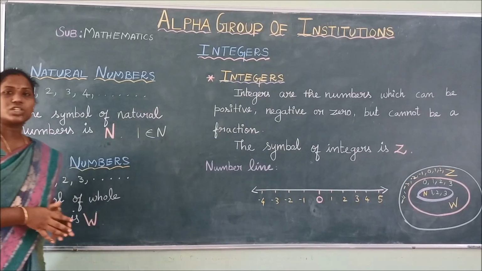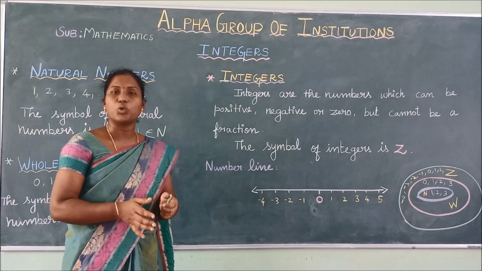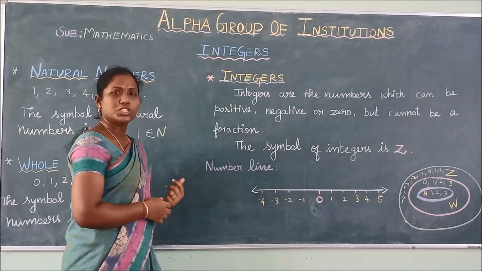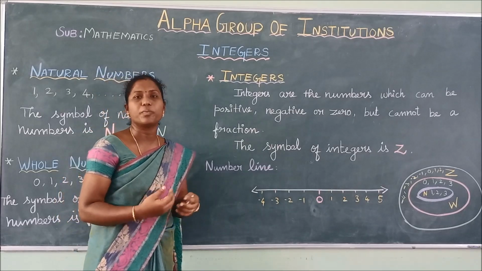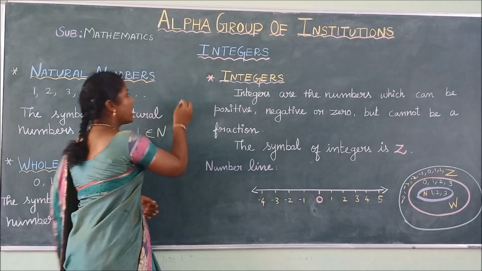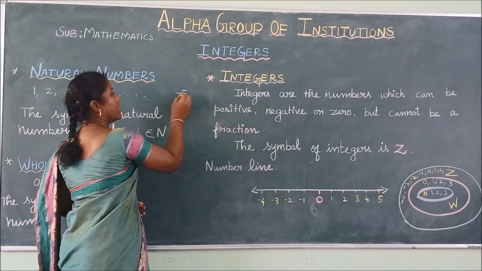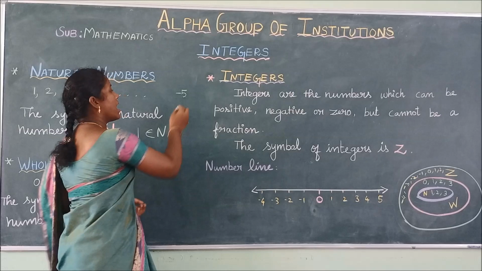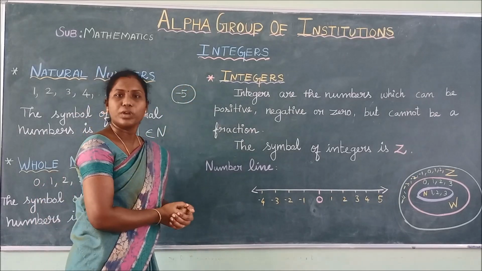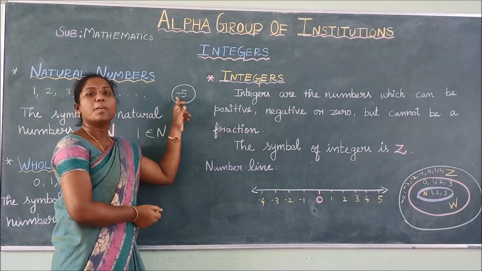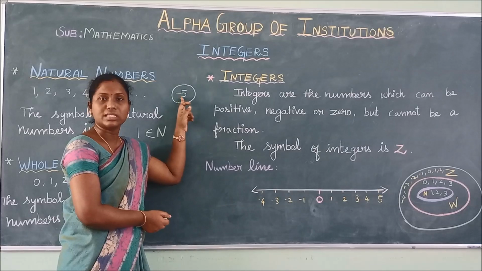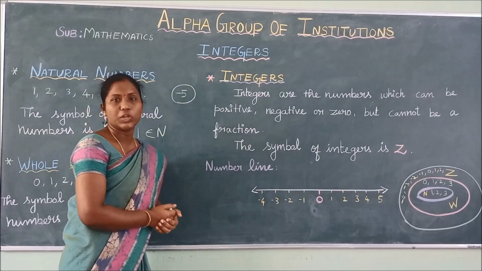In this section, I told you that we are going to see integers, isn't it? These are the positive numbers. In real life, how do we come across negative numbers? What is a negative number first? Any number with the minus symbol, or any number multiplied with the minus symbol, is called a negative number. For example, I wrote here minus 5. Here the number 5 is with the minus symbol, so this is called a negative number.